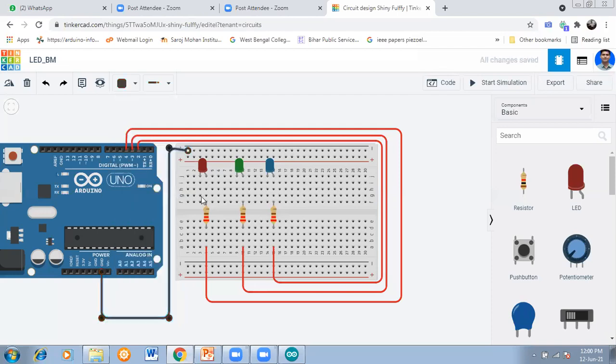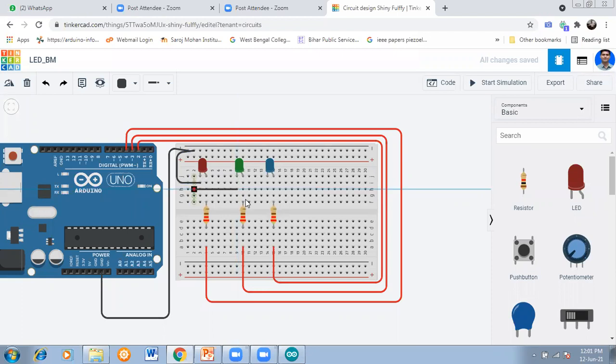So this is ground. This pin is ground. This pin also is grounded.